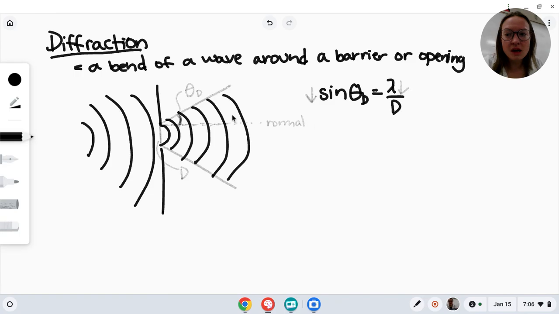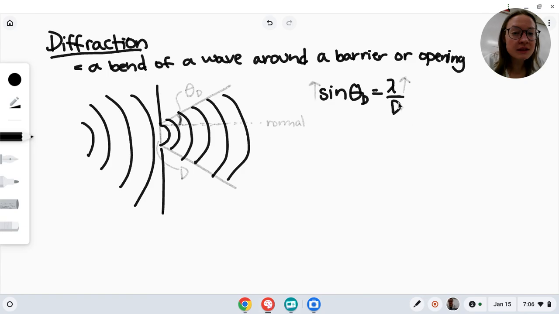But if you had a giant wavelength, if you had a big old wave and you said, okay, really big wave, why don't you go on ahead and fit through that teeny tiny opening? The wave would say, are you kidding me right now? Are you for serious? Okay, fine. And if you had a really big wave, a nice long wavelength, and you tried to cram it through a little opening, well, that thing would have to bend a lot to make it through the little space. So the size of the wavelength matters for how much that thing is going to move.